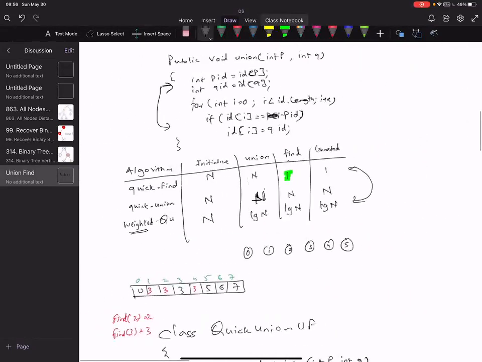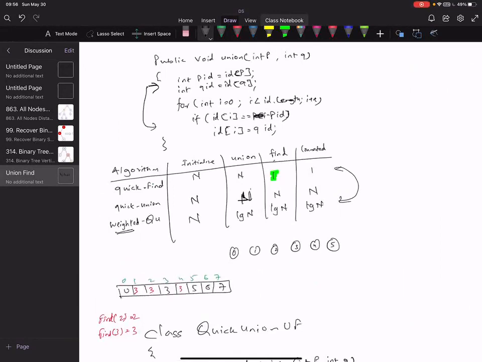So let's go back here. What you asked is, basically, if I do the weighted quick union, then it was n. Now there are two ways to do path compression. I will do quick union with path compression, and I will do weighted quick union with path compression. The question is whether we still need to do weight or not. Is that correct?